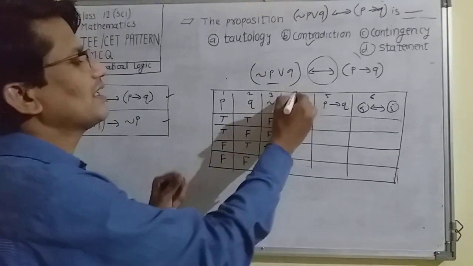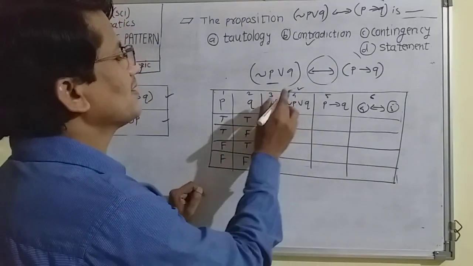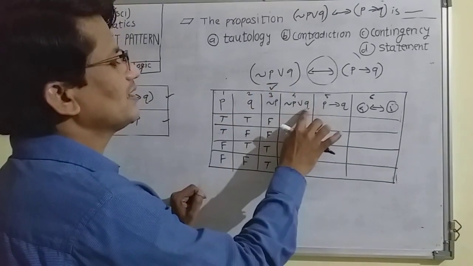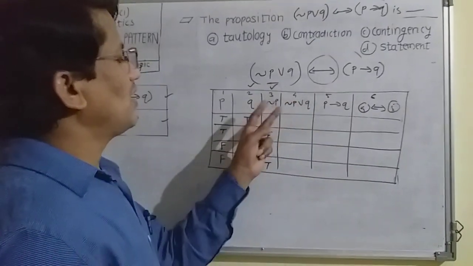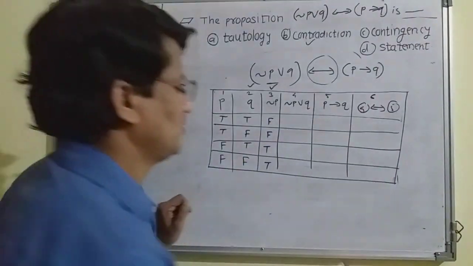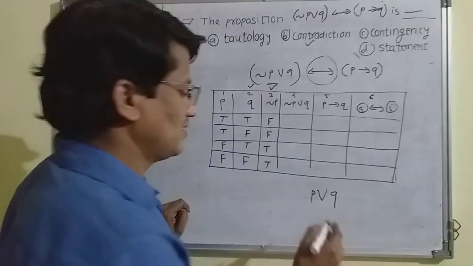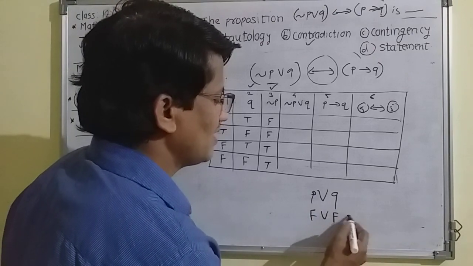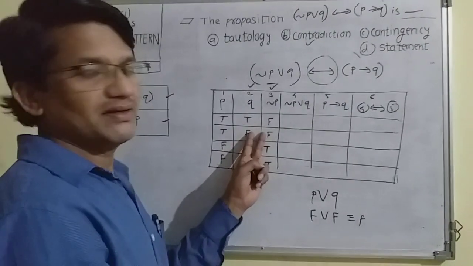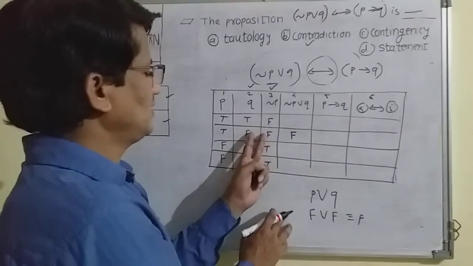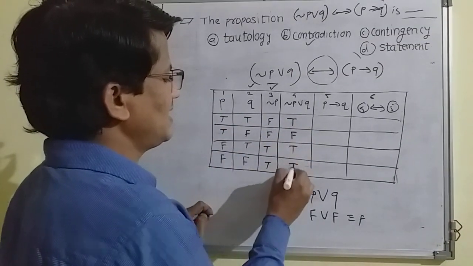Okay. Now column number 4. What is column number 4? Negation of P means column number 3. Q, column number 2. And they are connected with OR. What is the result for OR? Result for OR is P or Q. It is a disjunction. Double F, result is F. Just observe whether double F is here, not. Here, yes, it is a double F. If it is double F, then it is F. Fill all other entries with T, T and T.